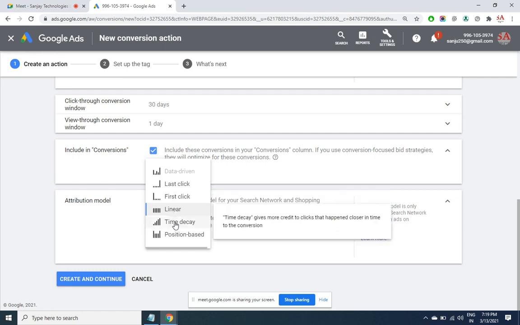Time decay. Time decay in the sense, if the click is getting older and older, the credit will be reducing. But if the click is fresh, then it will be more credit. That means if the ad click has come yesterday in Yahoo and today in Google, and then finally he got converted, so Google will not take full credit of it. He will take only 70% because it is latest. 0.3 credit is reserved for Yahoo.